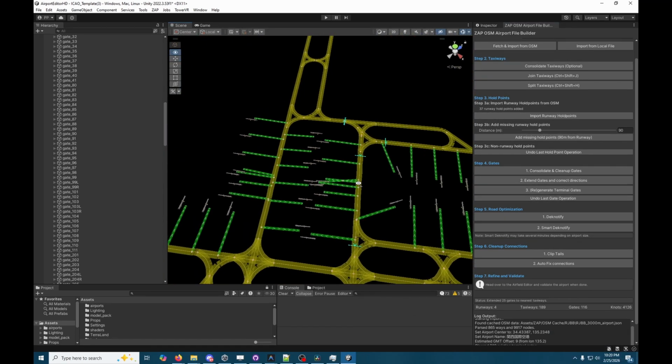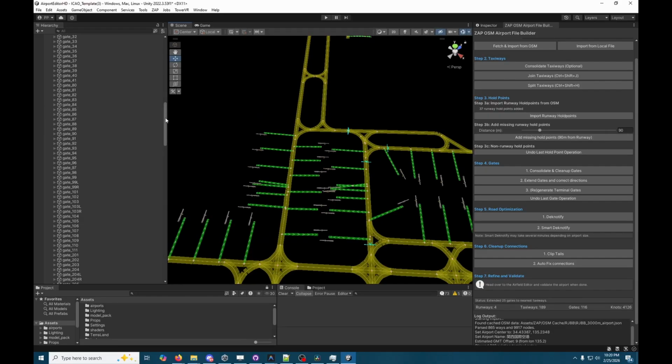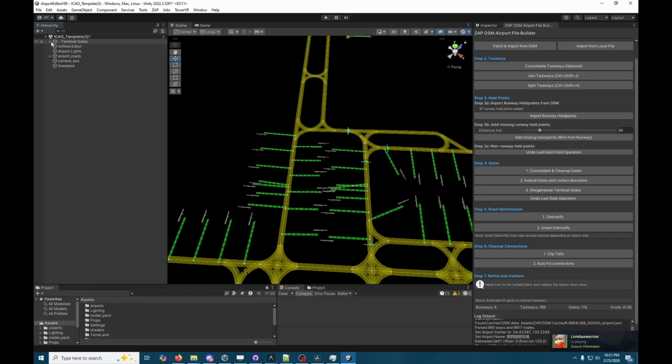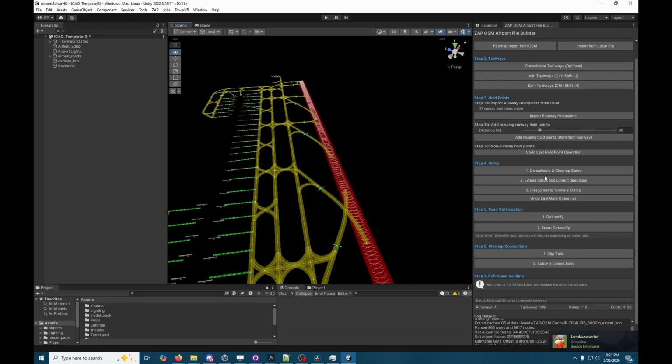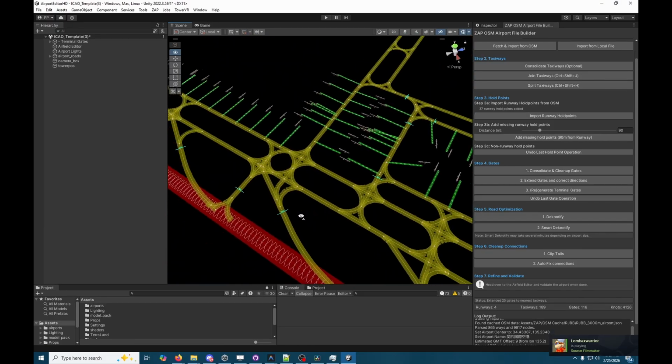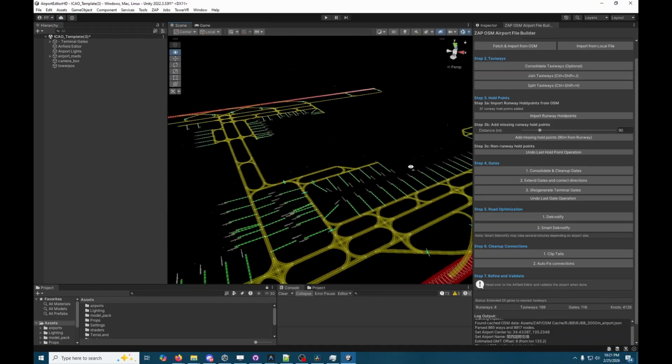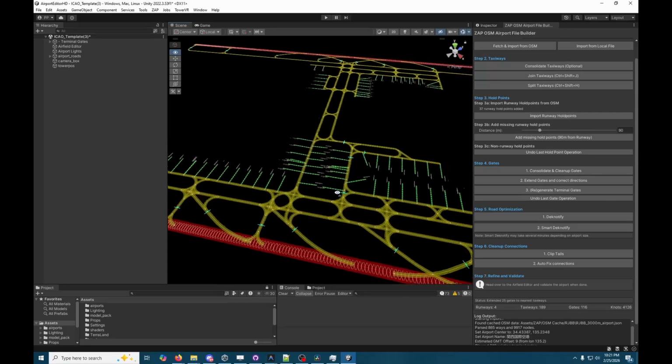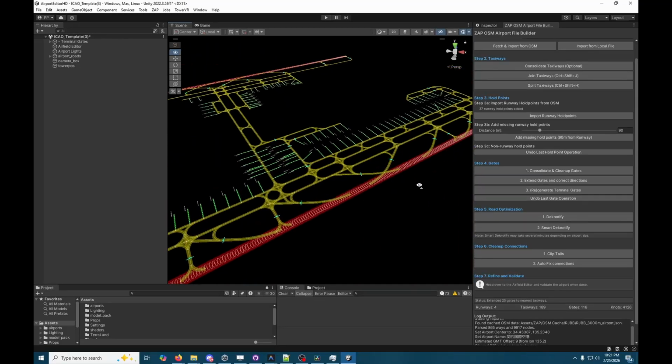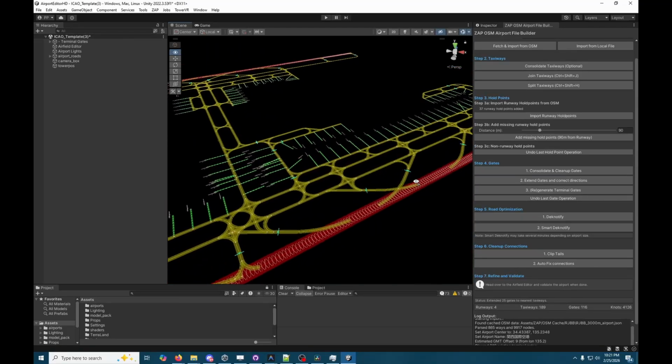Regen cleaned. One thing you'll notice here, my hierarchy doesn't look like an absolute mess of 116 gates cluttering it. We've consolidated all our terminal gates into a nice drop down here at the top. So those are tucked out of the way, which is just a nice quality of life thing. And so already we've got all of this done, so let's go ahead and go to the next step, which